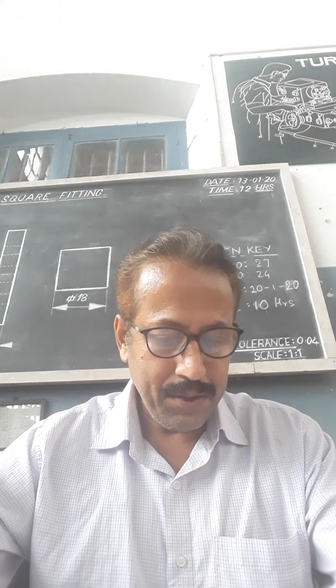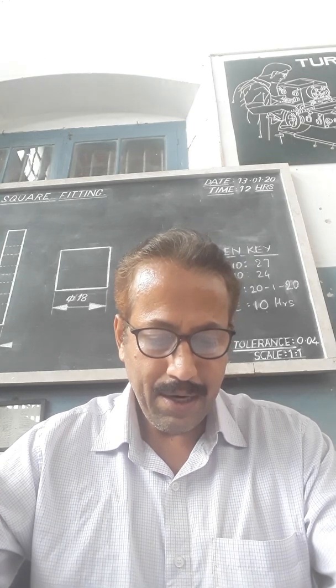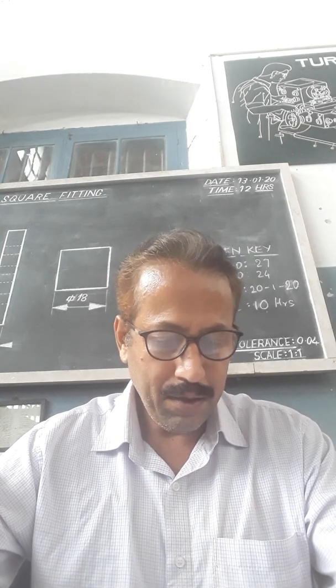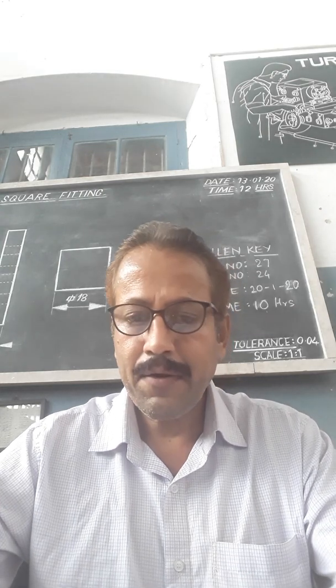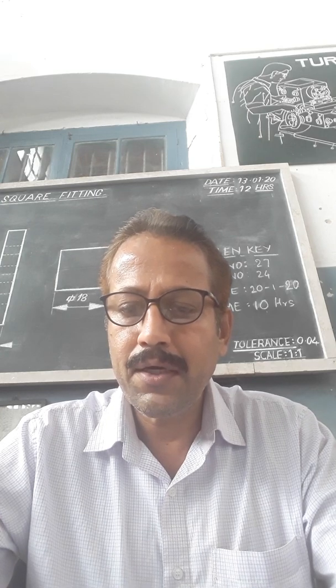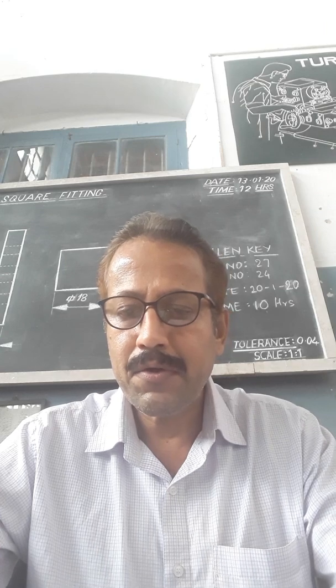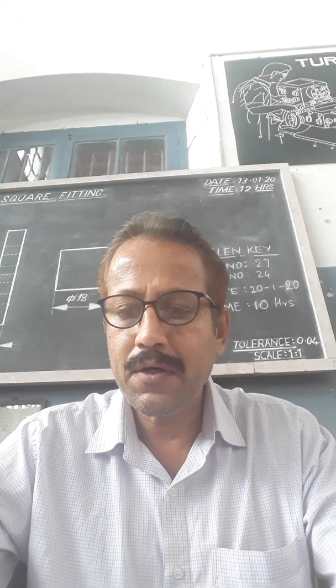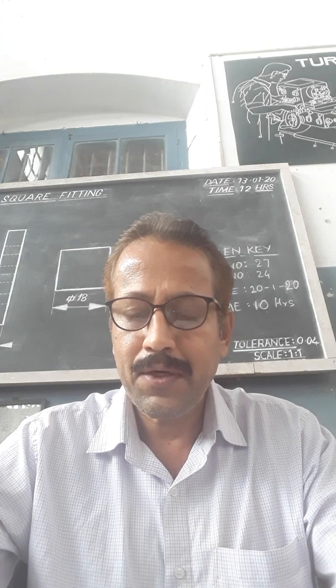Then the taper and jib headed key. The key has a jib head with a taper of 1 in 100, and on the top face it is driven onto the keyway by hammering on the jib to have a tight fit. The taper rectangular key without a jib head is also in use. A jib headed key can be withdrawn easily and used for transmitting more torque. It is not good for high speed applications.